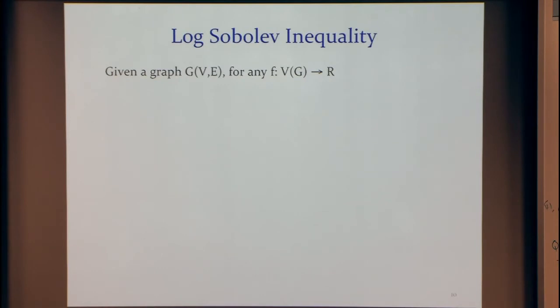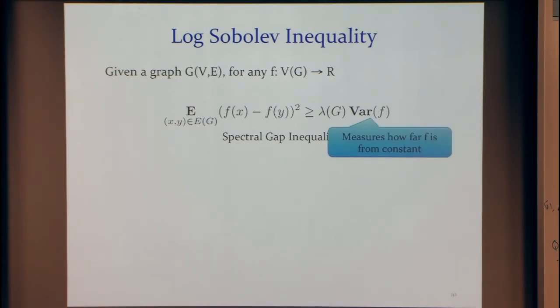So for any graph, for any function, we know the spectral gap inequality. If you look at the quadratic form over the graph, (f(x) minus f(y)) squared over a random edge, we know that it's at least lambda times the variance of the function, where lambda is your spectral gap. Now the variance of the function in some sense measures how far f is from a constant function over the whole graph. We can use different measures